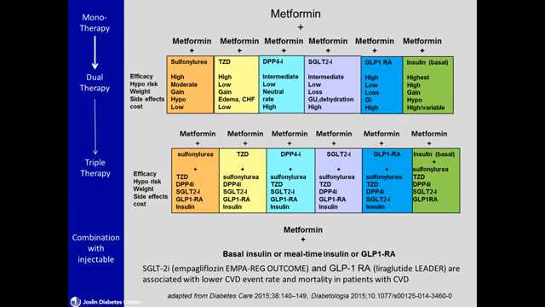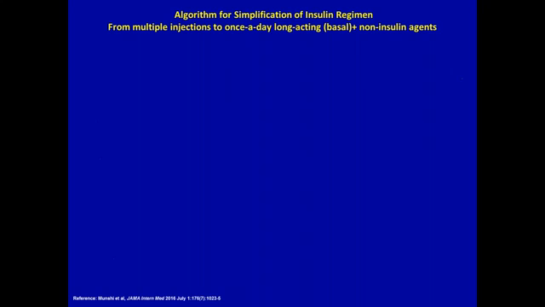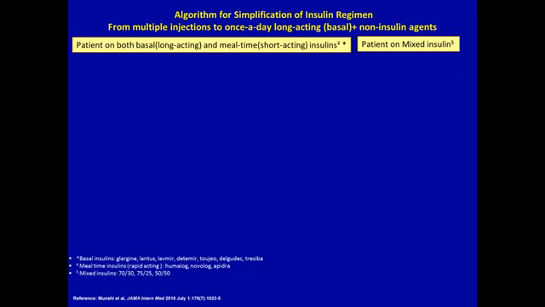If we really need to go to an injectable medication, metformin should always be continued and insulin or a mealtime or long-acting GLP-1 can be added. How about insulin? Insulin, as I said, is very effective for glucose management, and many of your patients may already be on multiple daily injections when we start to see them as an elderly population. They can be on basal and mealtime insulin, or on mixed insulin.